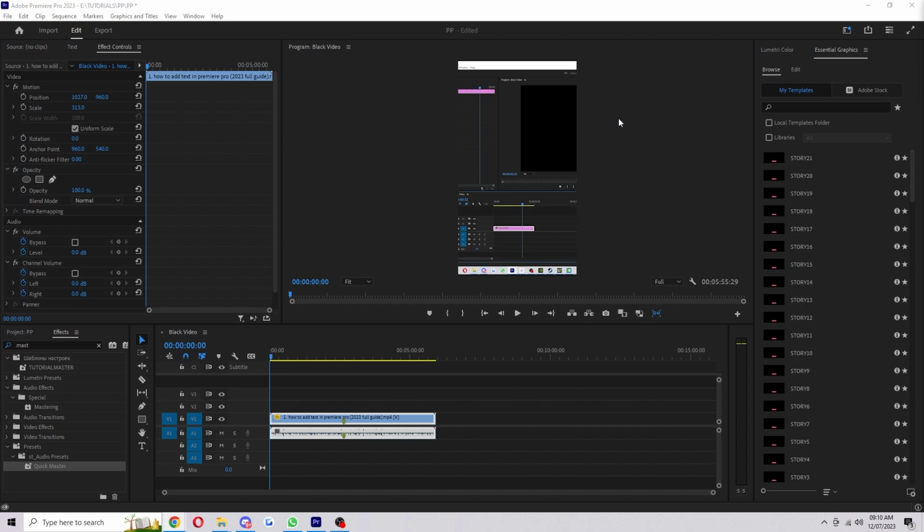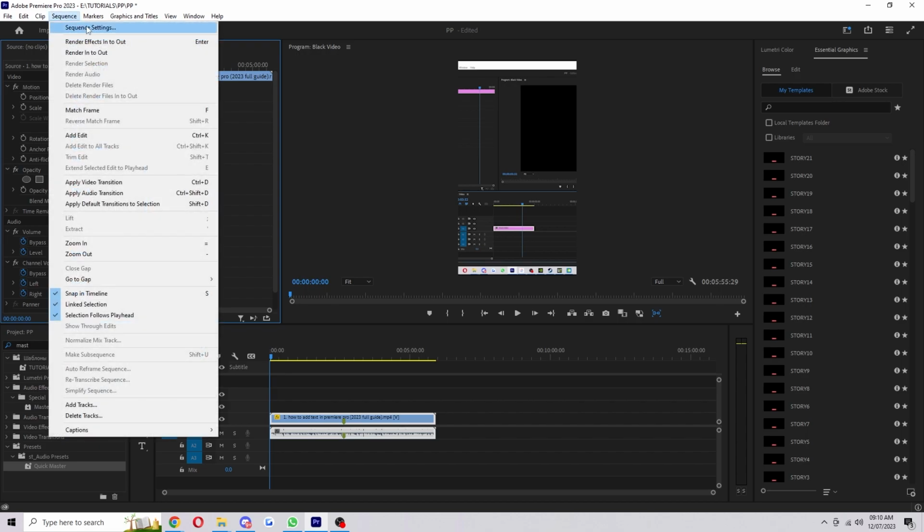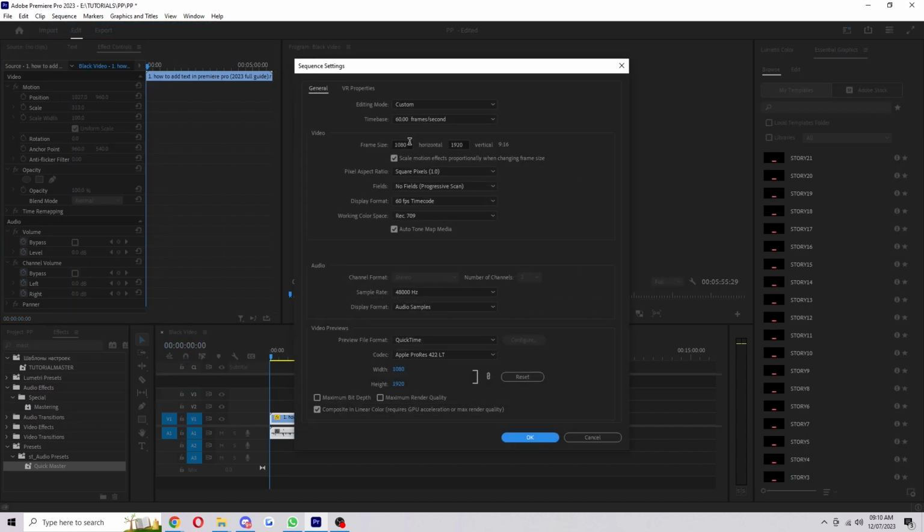Now you might not be wanting to make a TikTok, you might be wanting a bigger aspect ratio. What I'd recommend to do is to search on Google for common aspect ratios, and you can figure out which one you need, and you basically just do the same process. Go to Sequence Settings, and from there you just want to put in your frame size to match exactly how you